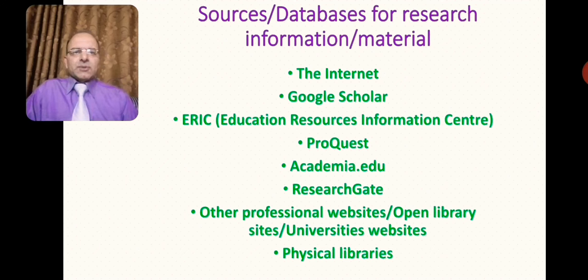Now I want to briefly mention some of the databases or sources of information or material from where student researchers, junior researchers, or researchers in general might get sources of data for their literature review. In the current age, people, especially students, generally begin with a search on the internet, which is quite an accessible source of information. There might be issues of authenticity, but still that's the beginning point.